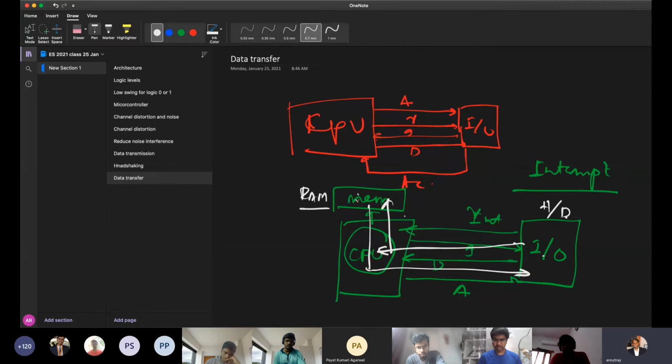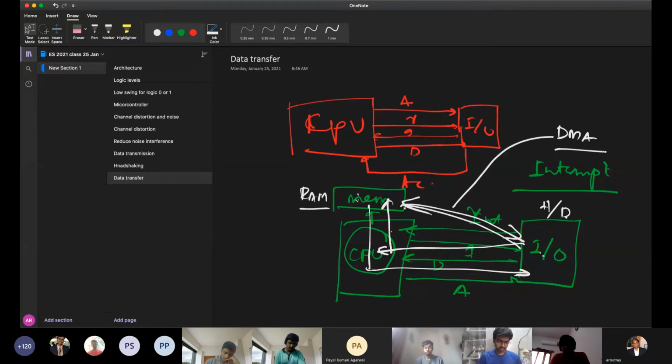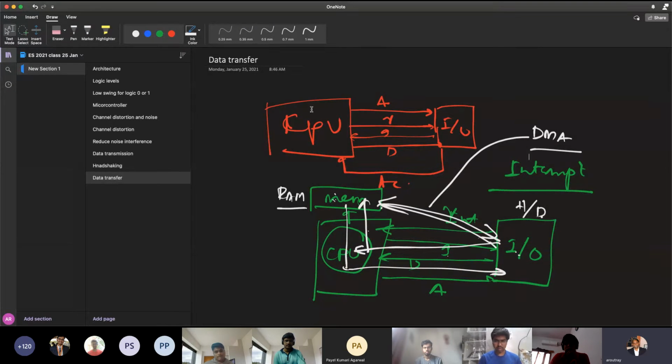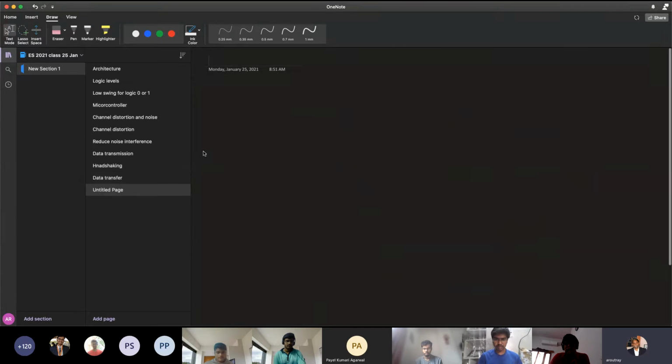Therefore, it can also establish a channel. After getting the request, the CPU will connect the memory and the IO device together. This transfer is known as direct memory access, DMA. If you have lots of data to be transmitted from the IO device to the memory, you have to load many things in the memory. You cannot put it inside the register. So this is direct memory access.